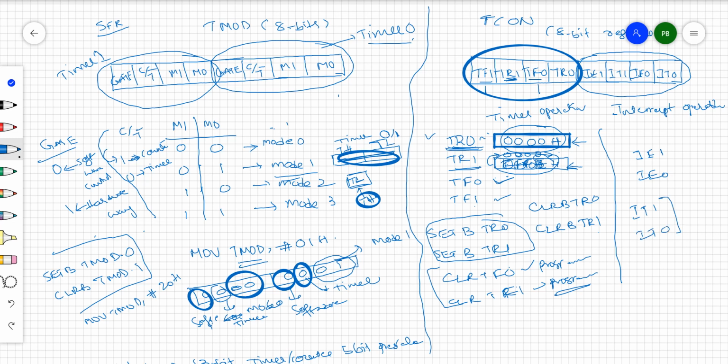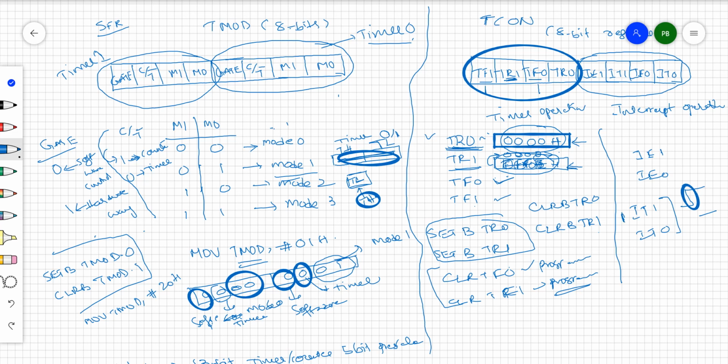These tell you whether the interrupt is edge sensitive or level sensitive, right? If it is edge sensitive, this should be 1. That means if you want to make this controller respond to edge sensitive interrupts, this type of bit should be made 0,